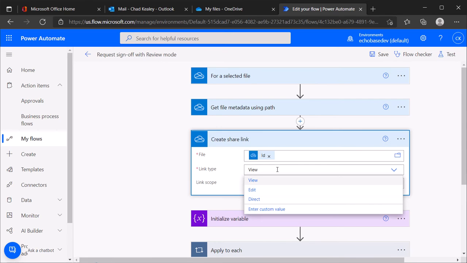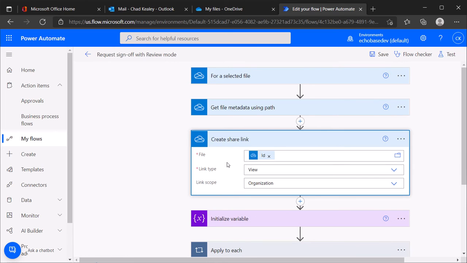And if we look at the link type, we have view, edit, and direct. None of those scream review, and I've even tried entering as a custom value the word review, as one person suggested, and it does not work using the OneDrive share link, create share link option. So